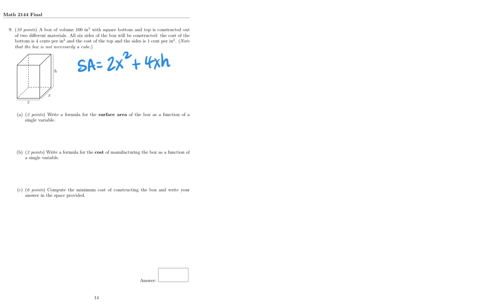So I know that the volume of the box is 100 cubic inches, so I know that 100 is equal to x squared h. So I know h is equal to 100 divided by x squared. So I can write my surface area as 2x squared plus 4x, and instead of the h, I can write 100 over x squared. Then it says, write a formula for the cost of manufacturing the box as a function